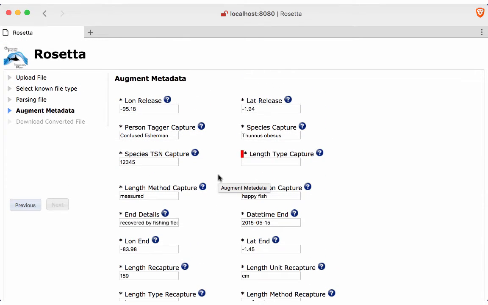Now, I, as a software engineer, have no idea what length type capture means. In this case, we have a little question mark next to it, and it's called the type of length measurement. I don't know what I'm doing, so I'm going to say the type of length measurement was a ruler, maybe? This is why it's important for the person who collected the data to be entering this information, because I, even though I have a PhD in atmospheric science, have no idea what this means in terms of electronic tagging data. Now I've supplied the missing piece of metadata